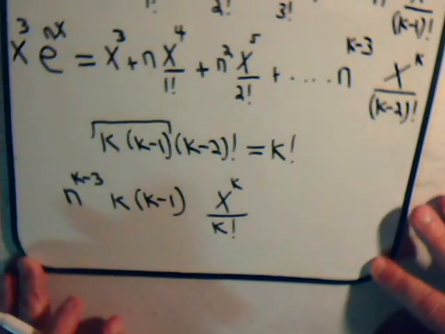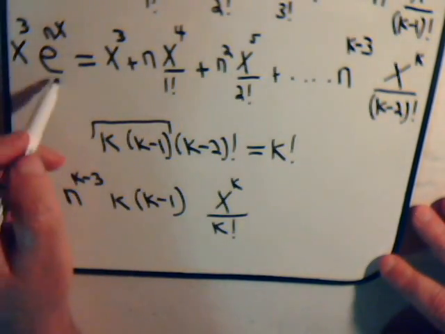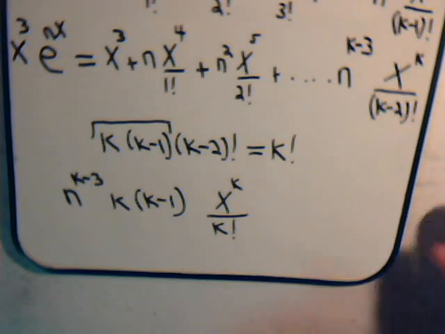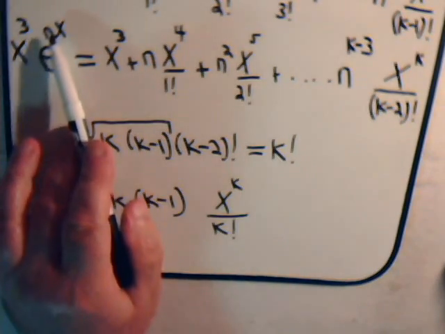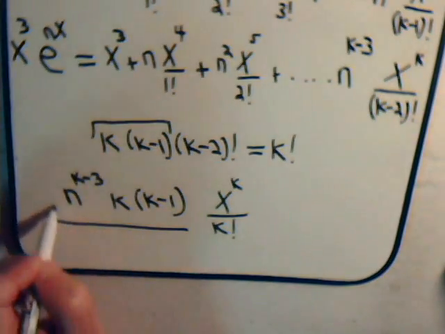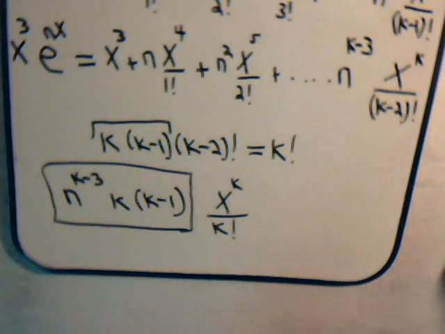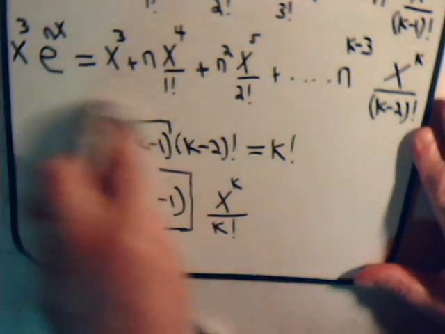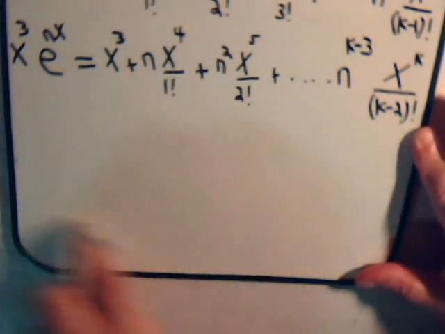So if this is part of our generating function, and we want to know what's going to be the coefficient of x to the k divided by k factorial, it will be this expression right here. And hopefully you can see the pattern that's forming, because what we can do is say, in general,